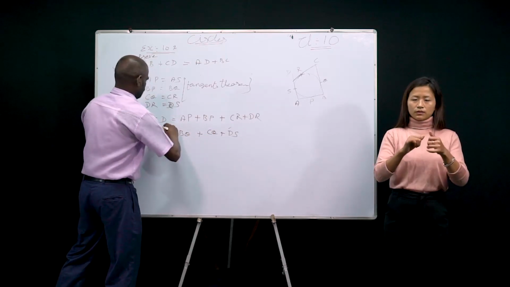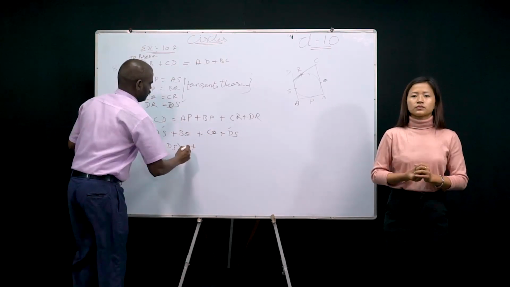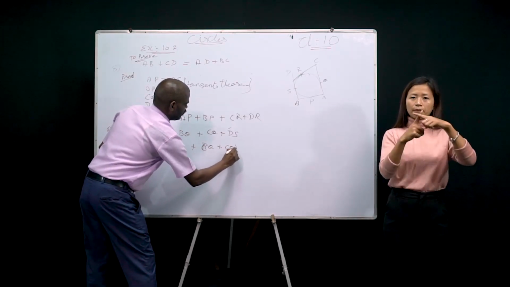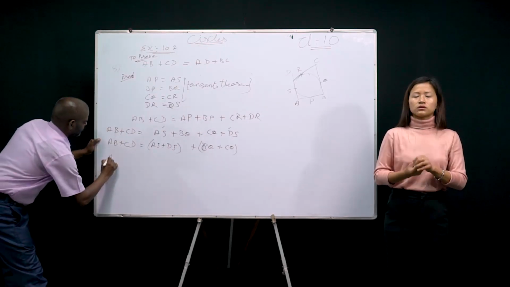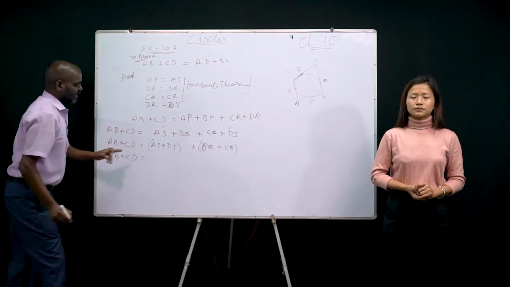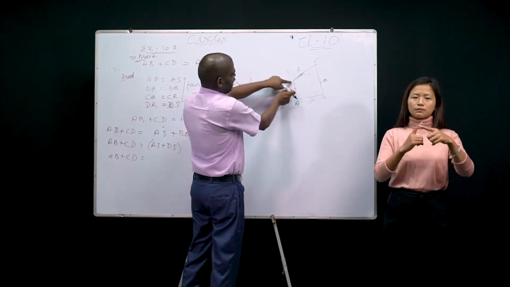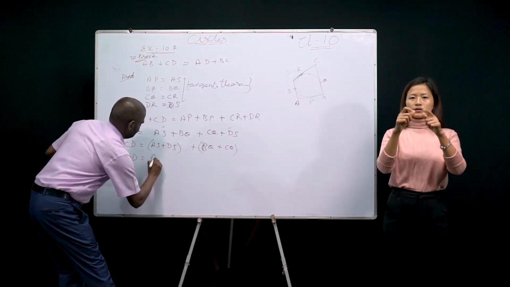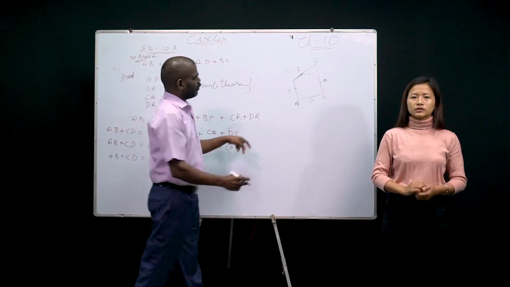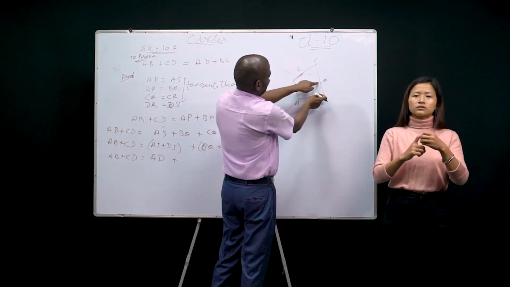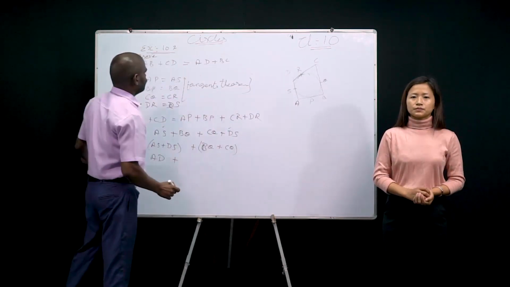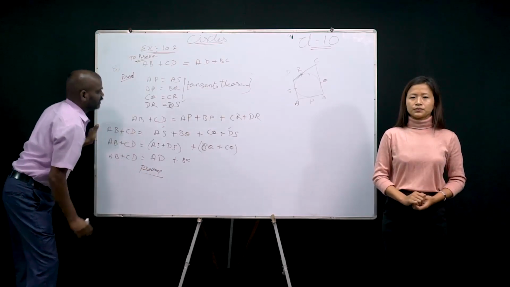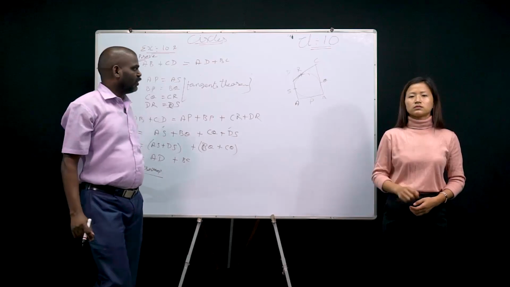AS and DS put together, plus BQ plus CQ put together. AS plus DS equals AD. Yes or no? BQ plus CQ, together, which one? BC. Proved or not? Now the answer is over. Okay, children, write all of you.